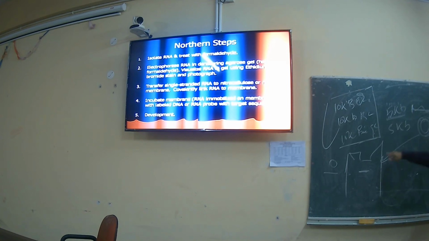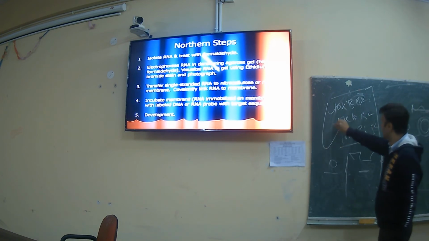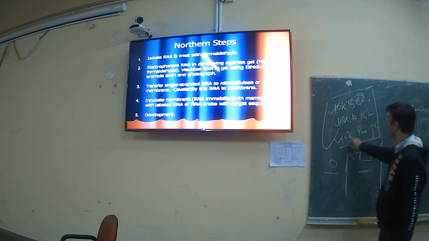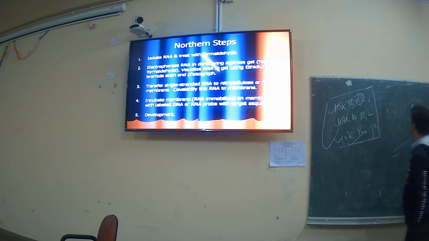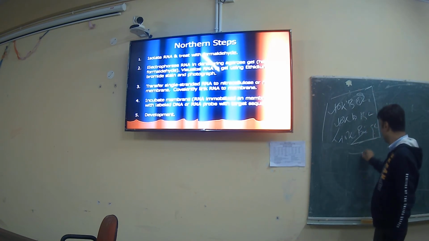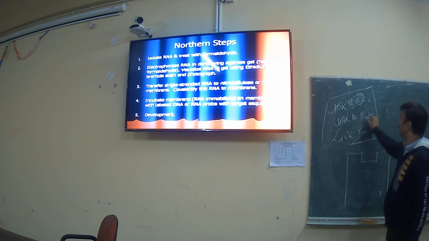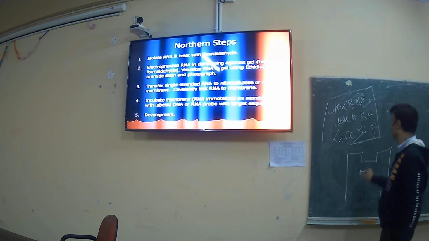Okay, again we stick to our question. There is a 10 kilo base double stranded DNA, 10 kb RNA, and a 10 kb prokaryotic genome. So do we find 2 bands or 3 bands? 3 bands. So RNA takes some difference by the 10 kb of RNA. The first, 100% 10 kb of DNA, 1 band will appear, that will be the 10 kb of DNA.